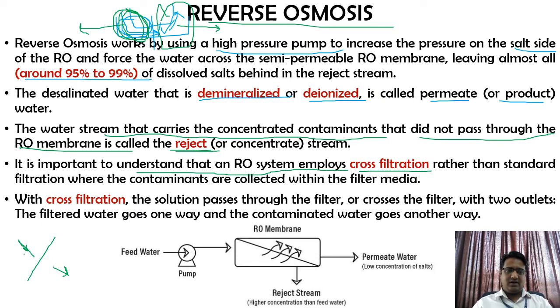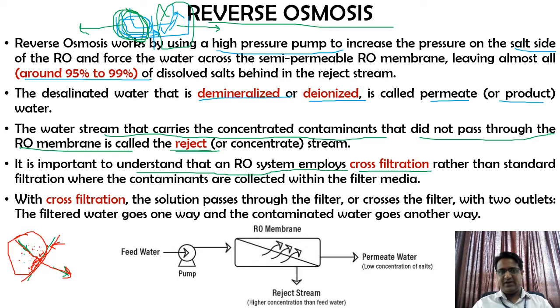Imagine this contains some amount of, let us say, suspended particles or other contaminants. What will happen when this passes through this filter? For example, you can imagine this as a filter cloth. As that happens, the entire water available on this side will pass through to the other side. On this cloth, only the suspended particles will remain. So this is your conventional filtration.